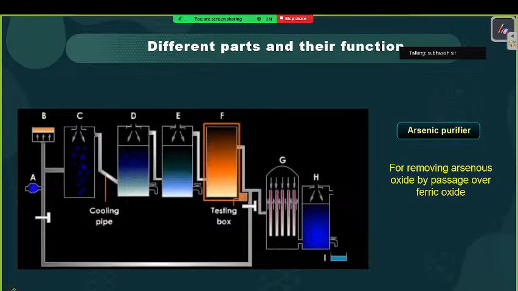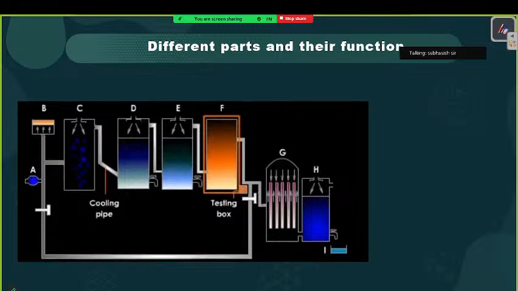This is known as the arsenic purifier, and it can be used to remove any arsenic impurities present in the gaseous mixture. After the arsenic purifier, the gas mixture goes through the testing box,